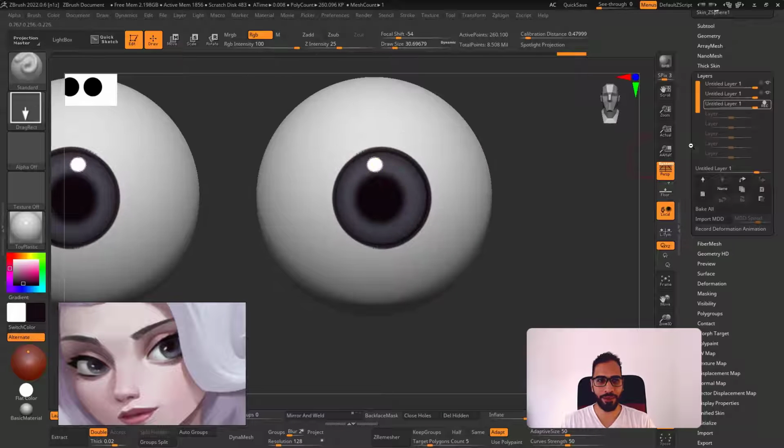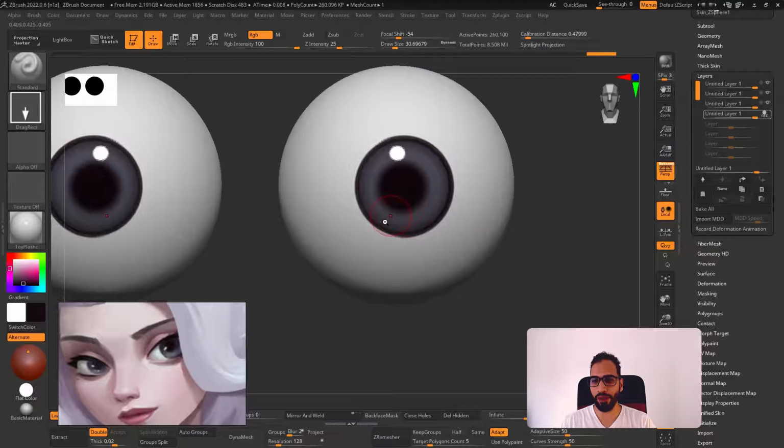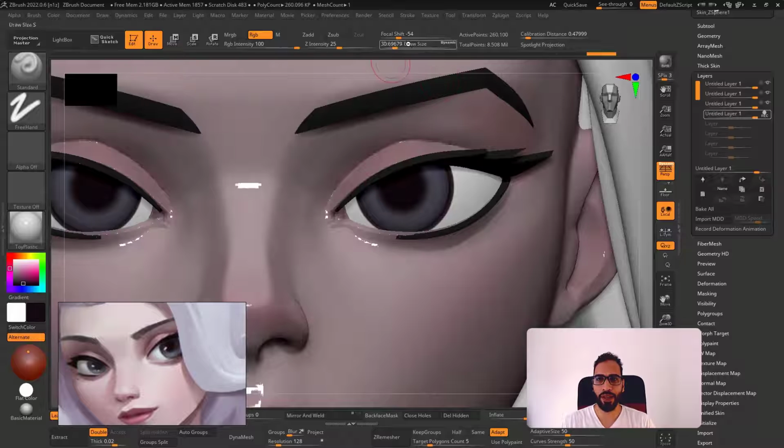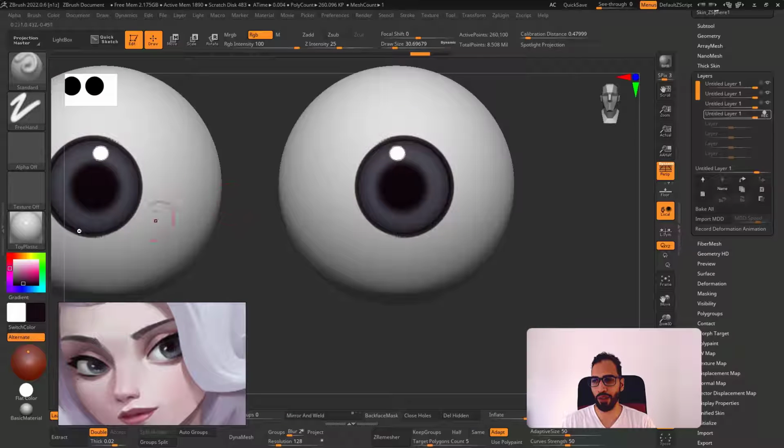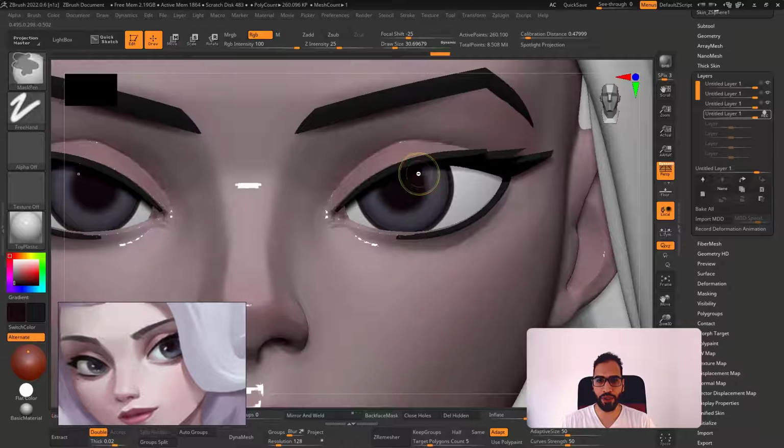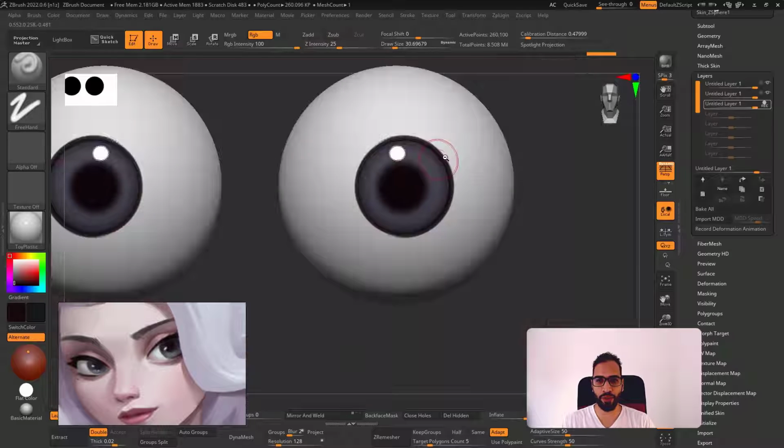And here, let me create another layer. In that I add this color, I can add a disk here. But the secret now is to use this freehand. And let me turn off the focal shift and paint this region here. This is the secret. Let me switch color and set up the black color. So this part here, we have this shadow here, for example. Let me create another layer,